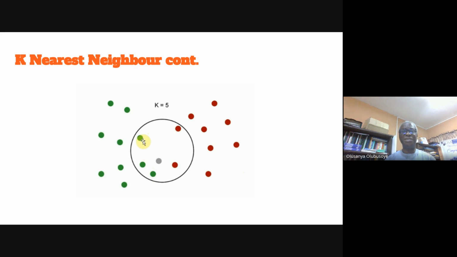And so among the 5 nearest K that you see here in the circle, we have 3 of them that are green, and 2 of them that are red. Again, how do we classify, based on this K nearest neighbor? So the point here is that the starting point is to define the K nearest. And here we have chosen the 5